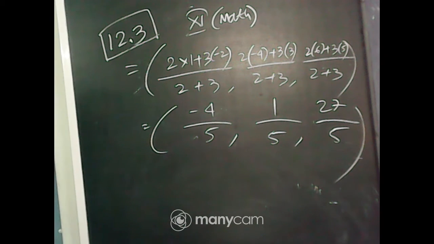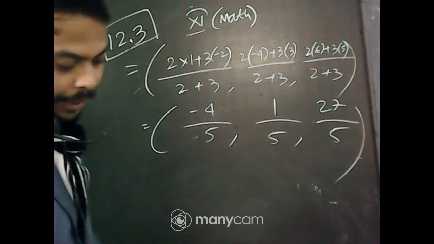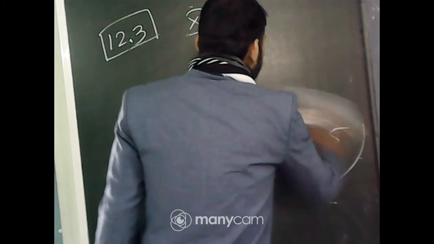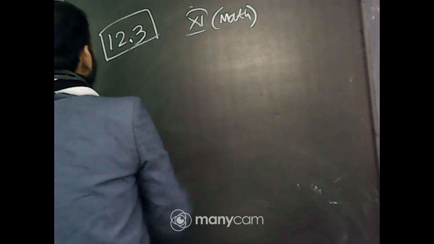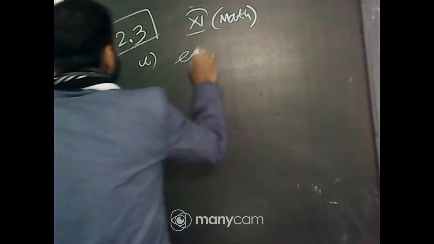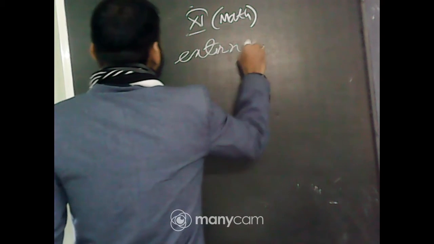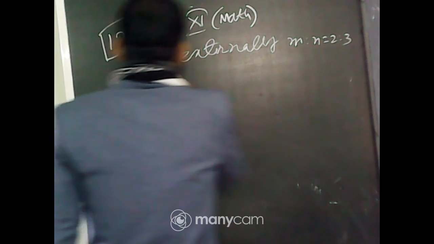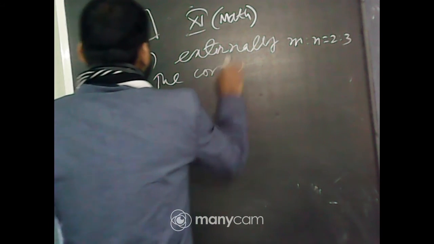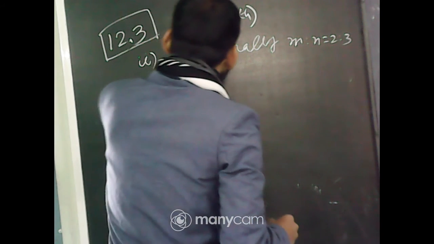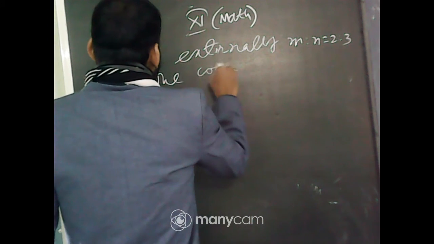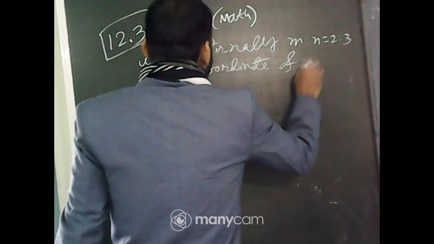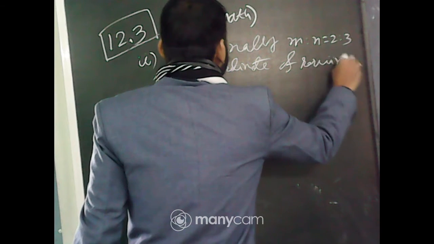Minus 4 by 5, 1 by 5, 27 by 5. Very good. Now the second one, externally. Second one, that is externally. And m is to n, that is 2 is to 3. So the coordinate of the required point